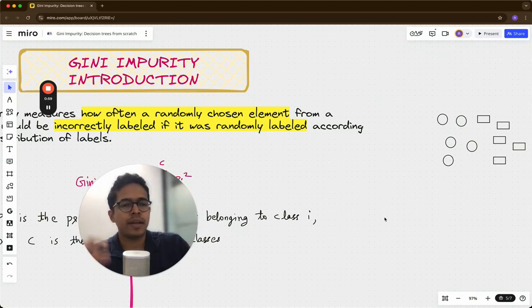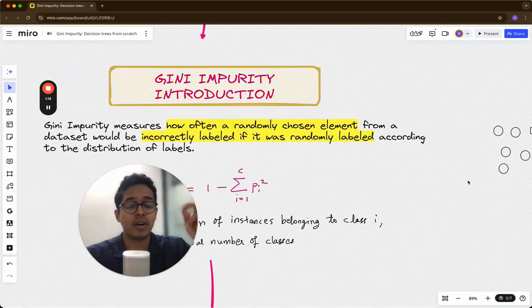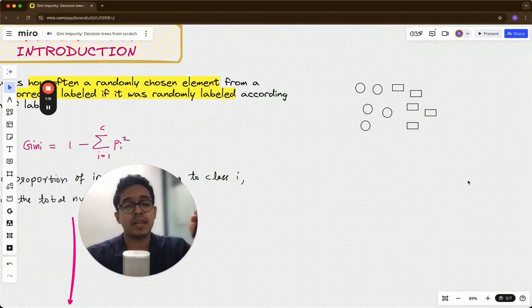Okay, so if I close my eyes and randomly select one of the elements, it may end up being a circle or it may end up being a rectangle, with a 50% chance. And if I'm randomly choosing an element and labeling it randomly according to the distribution of labels itself, I will be correct 50% of the time and I will be wrong 50% of the time. So Gini impurity is